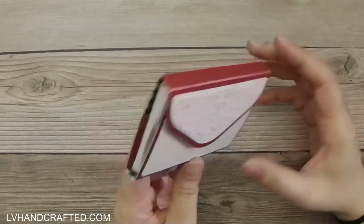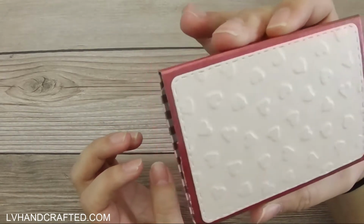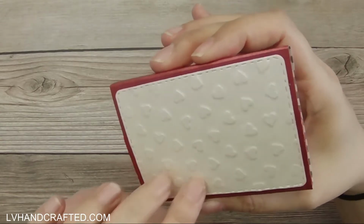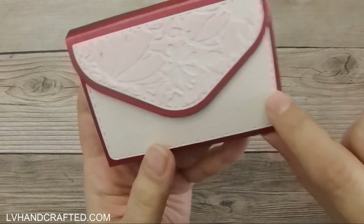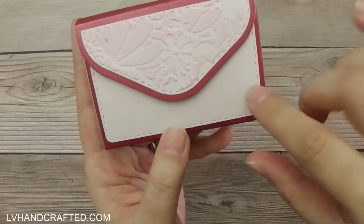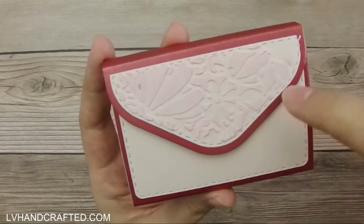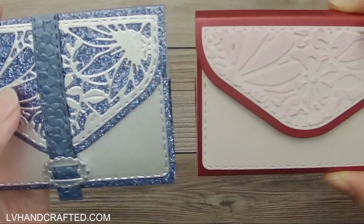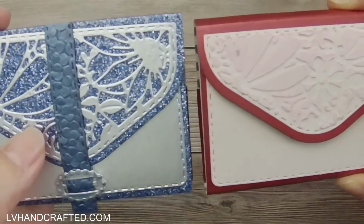Then the next project that I created was this one right here. It's what I've been calling a little brag book. So I took the same set of dies and created a little mini album from it. This is just some leftover cardstock from Tonic Studios, and it came from, I think, their Rustic Rose craft kit. Then I did have to do some custom partial die cutting to get the decorative panels for this outer element here. So that meant that I couldn't get the nice verso pattern onto here. So instead what I did was I die cut this from just some plain cardstock, and